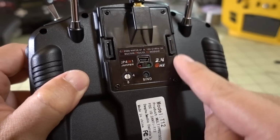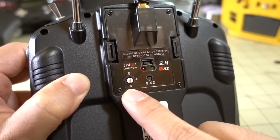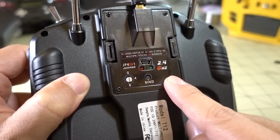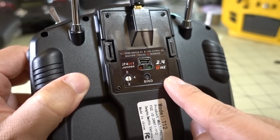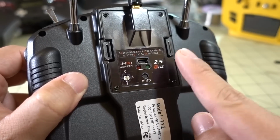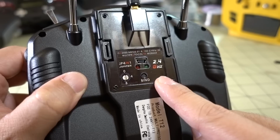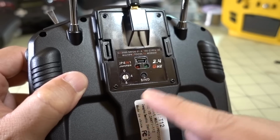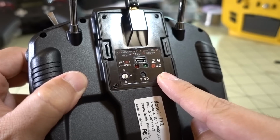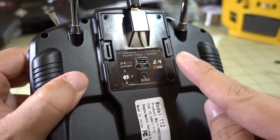Now this module does come with some of these legacy buttons here and lights and this little dial here. So I was told that this is for use in radios that don't have OpenTX, where you want to select the different protocols and do binding. But because this radio has OpenTX, this module is supported on OpenTX, and you can do all your binding, everything within OpenTX like you did previously on the iRange X module that I showed you a pretty long time ago, maybe more than 6 months ago, on I think it